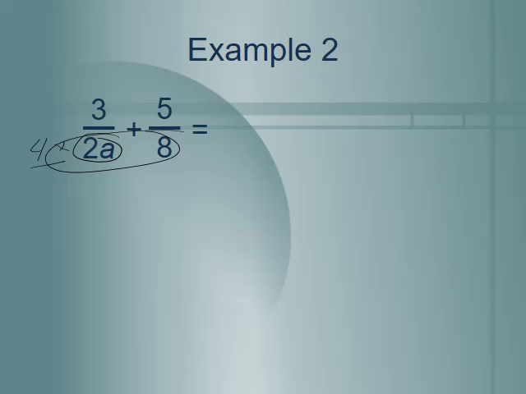Whatever we do to the denominator, we have to do to the numerator, so we would have to multiply that. In order to make this one into 8a, we multiply by a. Whatever we do to the denominator, we have to do to the numerator. So then we end up